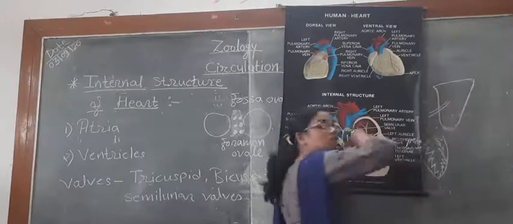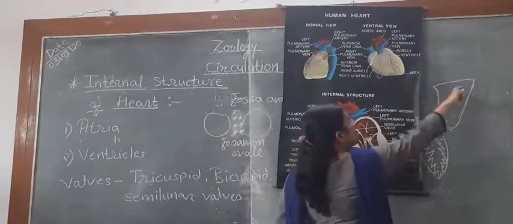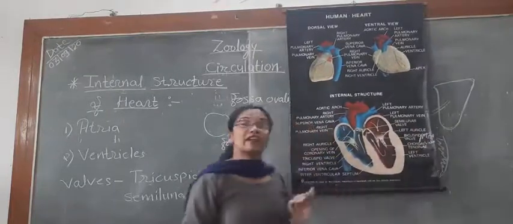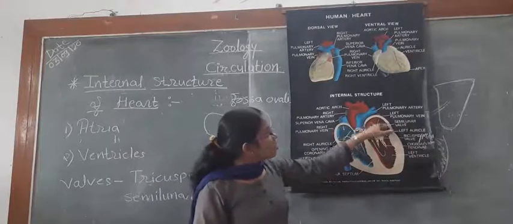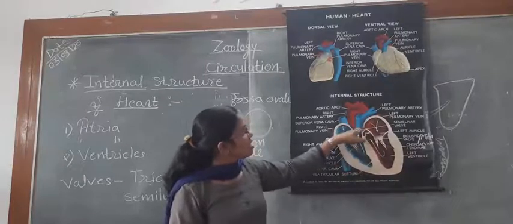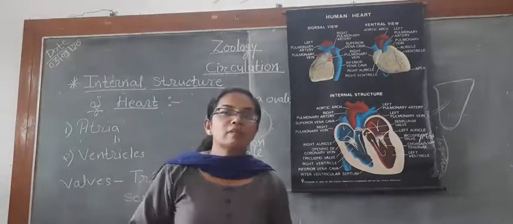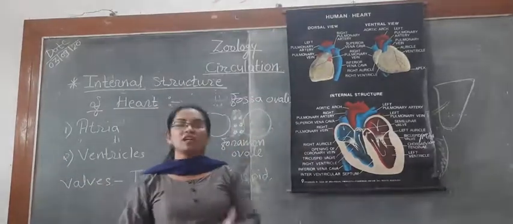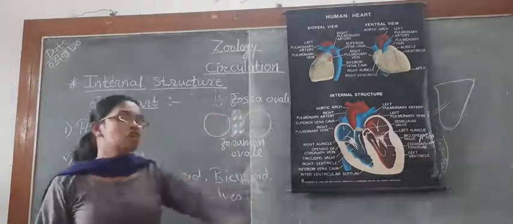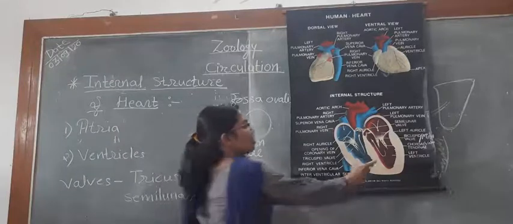Here the oxygenation is done, and once it is done, the oxygenated blood returns through the pulmonary vein and again collects into the left atrium. From the left atrium, oxygenated blood enters the left ventricle, and from the left ventricle arises the systemic aorta. This systemic aorta carries oxygenated blood and reaches throughout the body, even the tip of your finger and the tip of your toes. So it is the forceful expulsion of oxygenated blood circulating throughout the body. So this is about the ventricles.